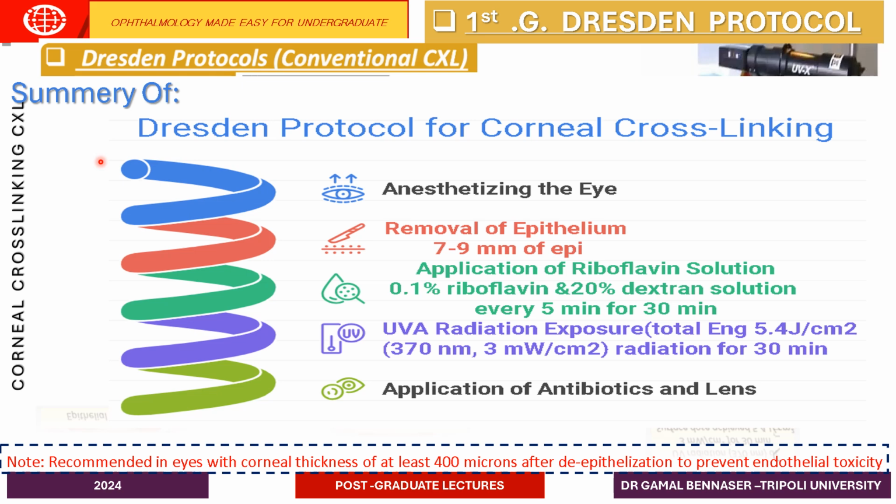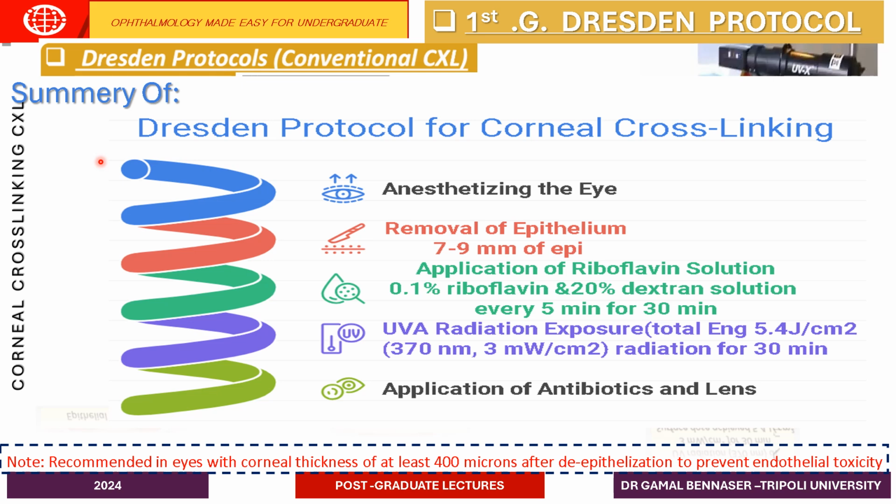Steroids are controversial. Some people defer the use of steroids for the first week, to allow the photochemical reaction to take place inside the cornea. However, if you have persistent and significant haze, you can use topical steroids, so that you will reduce the inflammation inside the cornea. So these are basically the different steps in the classical conventional protocol,